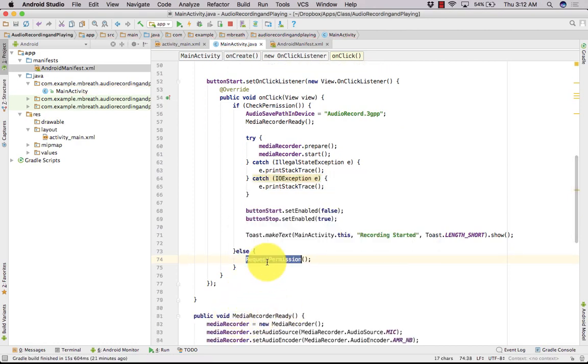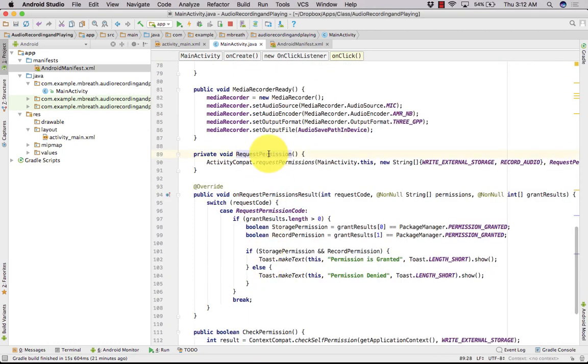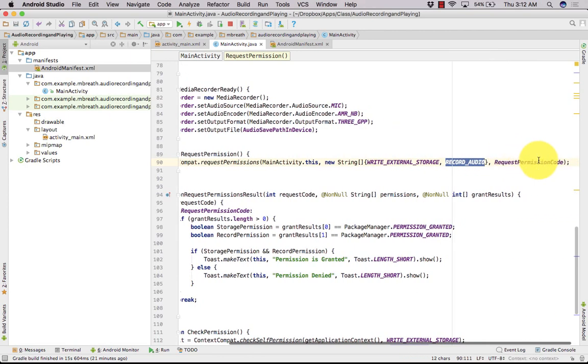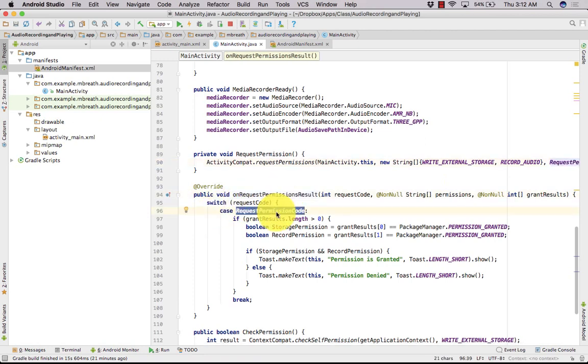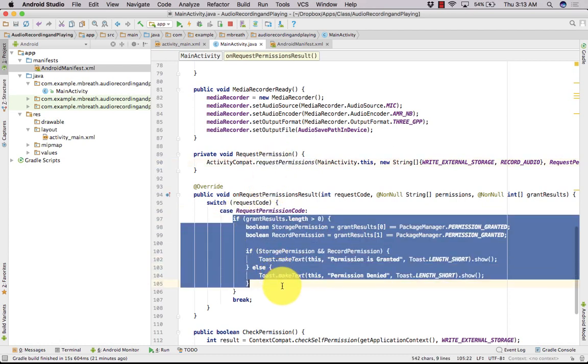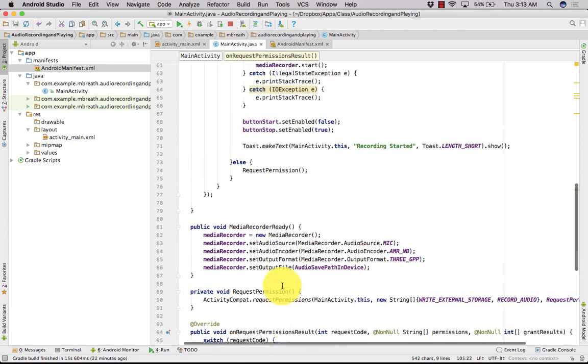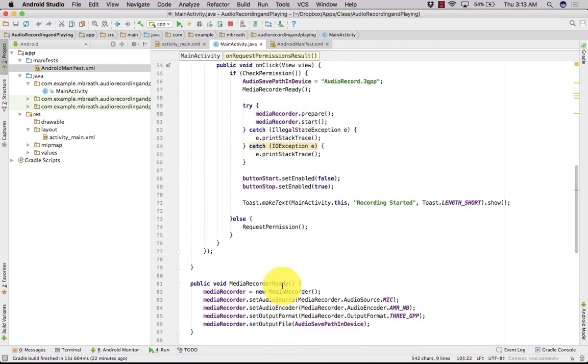Perfect. So it would call request permission, and request permission would call for write external storage and record audio, and then it will pass a request permission code to on request permission result, and it will check this case on the request permission code. If it finds the request has come from this, then it would ask for user permission. Perfect. Now I think we are done with the